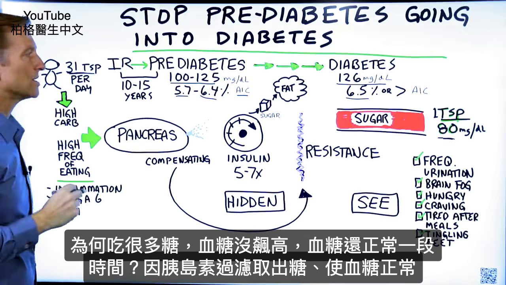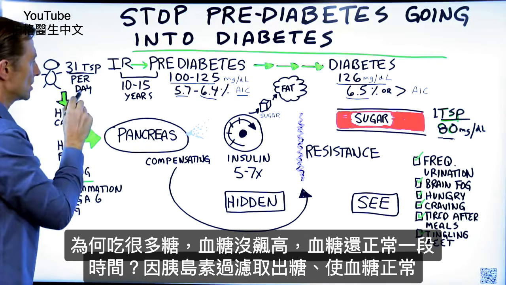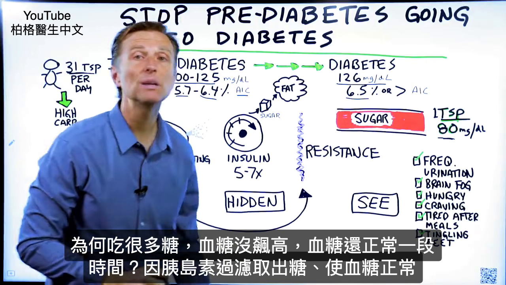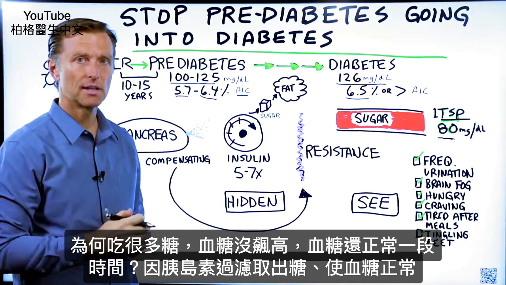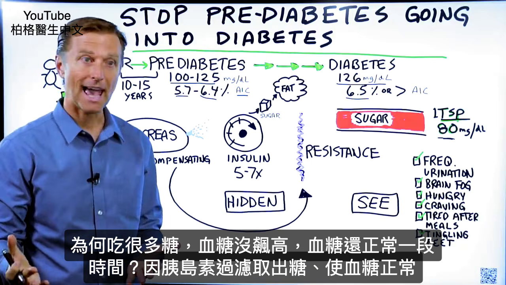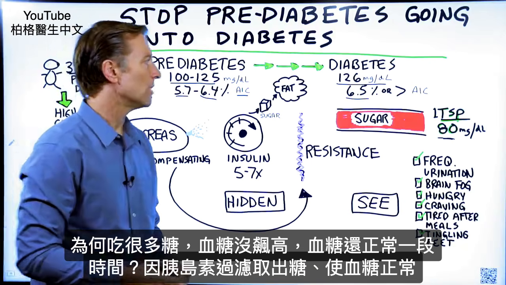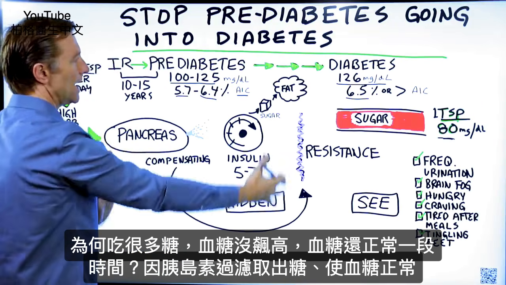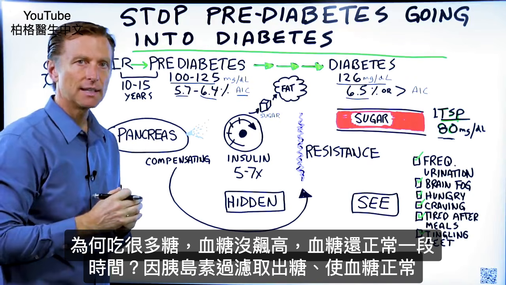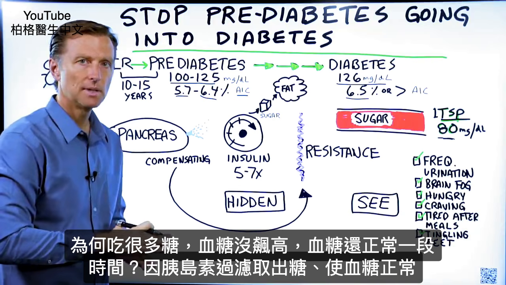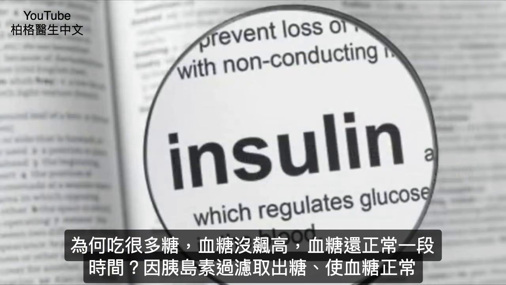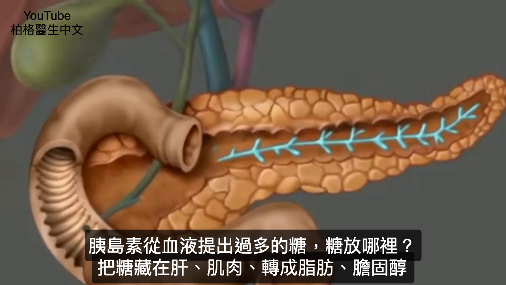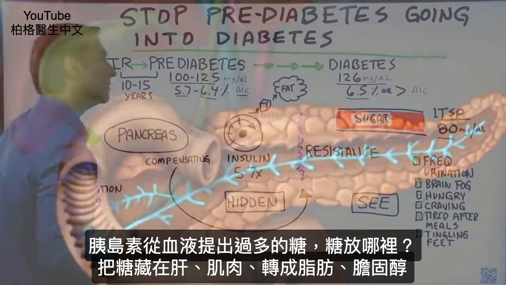So why is it when someone consumes a lot of sugar, the average American, why isn't the blood sugar just screaming high all over the place? Usually it's normal, at least for a period of time. Well, that is because we have this filter right in the middle of this thing. And it has to do with this machine that keeps the sugar out of the blood. And it's called insulin. So insulin kind of filters out and gets rid of the excess amount of sugar in the blood.